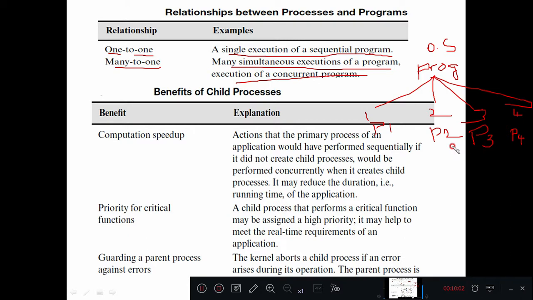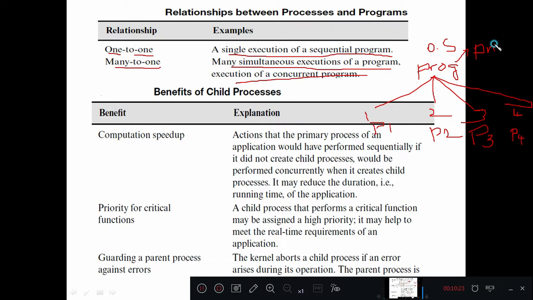So these are the different sub processes which are generated to handle different sub programs. Now, the process which the operating system has generated for this program is called the primary process.